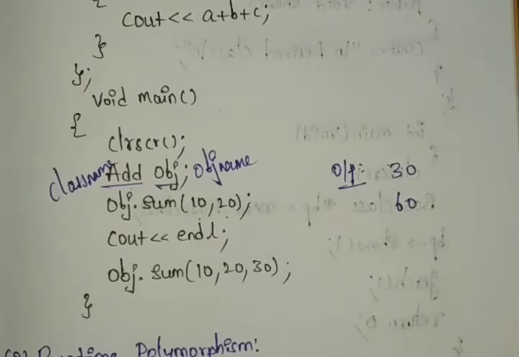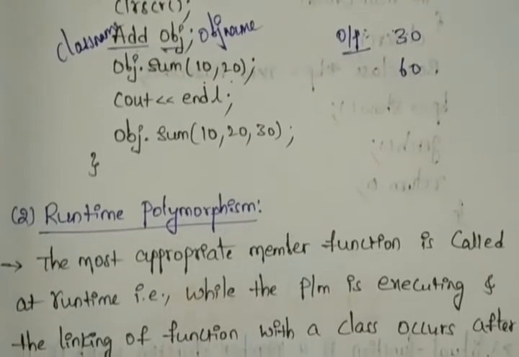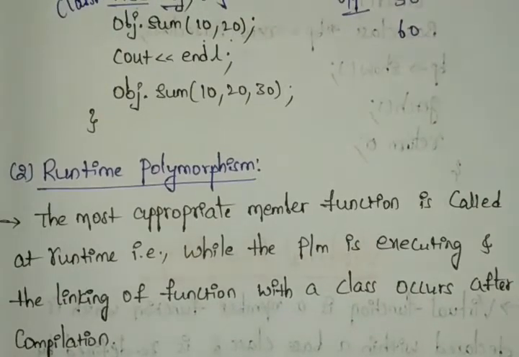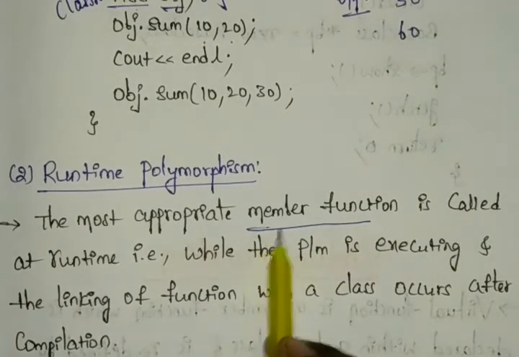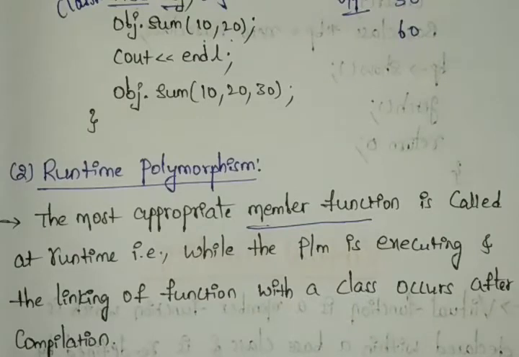Next we have the second one, that is runtime polymorphism. In runtime polymorphism, whatever member functions you have can run at runtime only. It cannot be performed at compilation. After the compilation process, you do a run process for the program, right? In that time runtime polymorphism works on the program the user has written, and we can use our member functions at runtime.